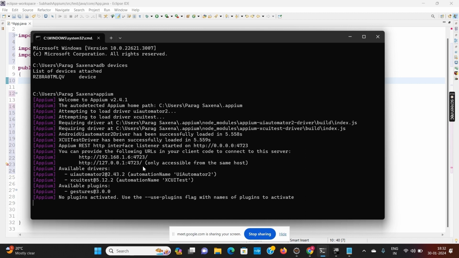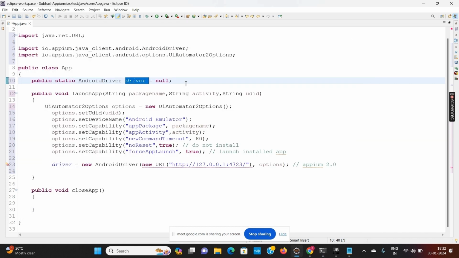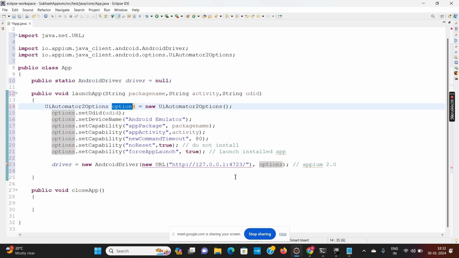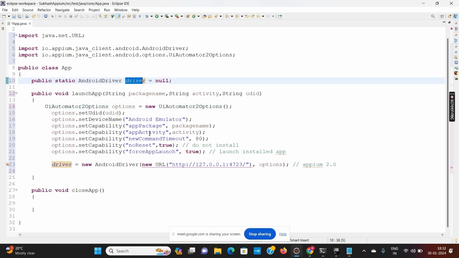So we have to connect to this Appium server, and this is my Appium client. So we have written new URL http://127.0.0.1:4723, this is the port number, and we have passed the options object with it, comma options. So we have initialized this particular driver, and we have to throw the exception.